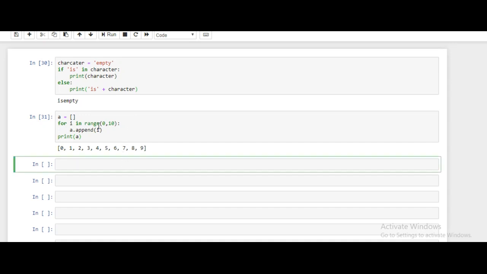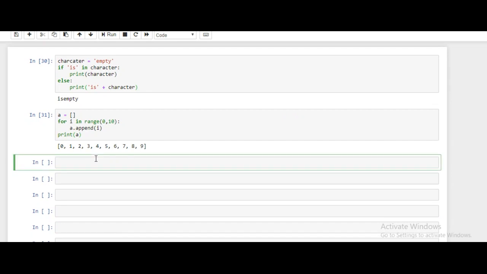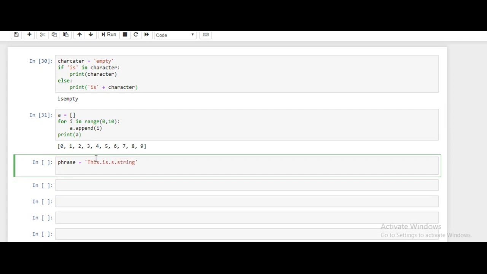First I'm going to create a variable for splitting. How I can do that is, just I'm going to create phrase and I'm going to assign a value. This.is.a.string. First thing I have to do is I have to split this variable.